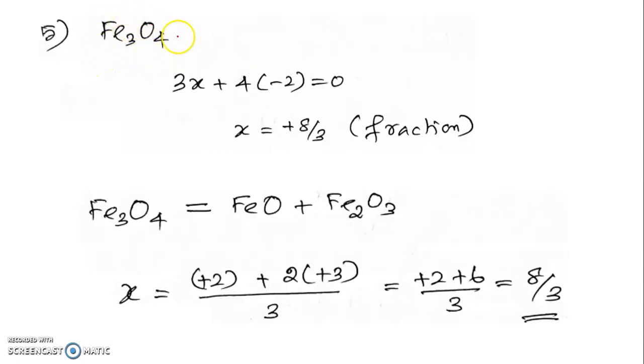See Fe3O4. In Fe3O4, we call this compound ferroso-ferric oxide. Okay, if you calculate the oxidation state by the normal method, you will get fractions. Listen, if you get a fraction, it indicates that the oxidation states of all the 3 iron atoms are not the same. Whenever the iron atoms are present in different oxidation states, you may get some fractional values.